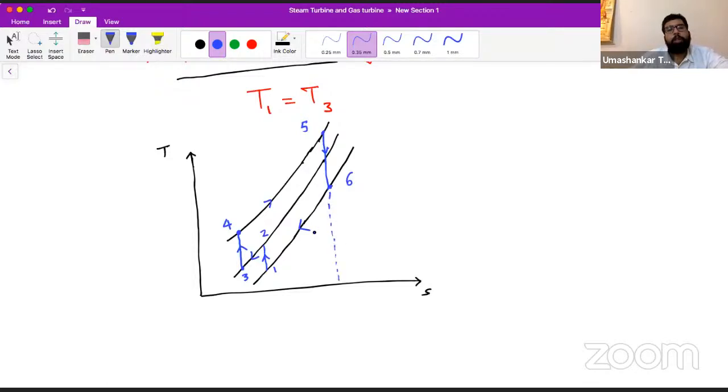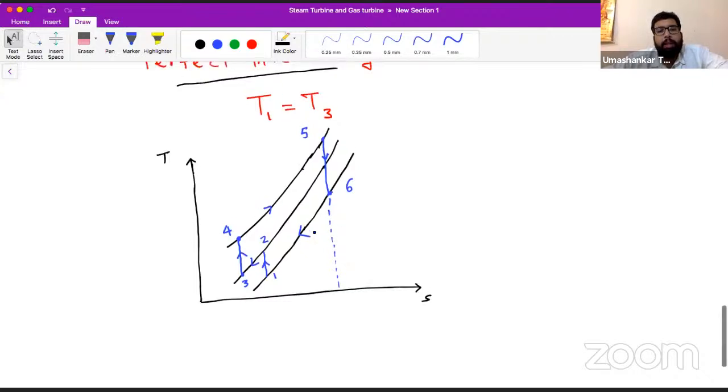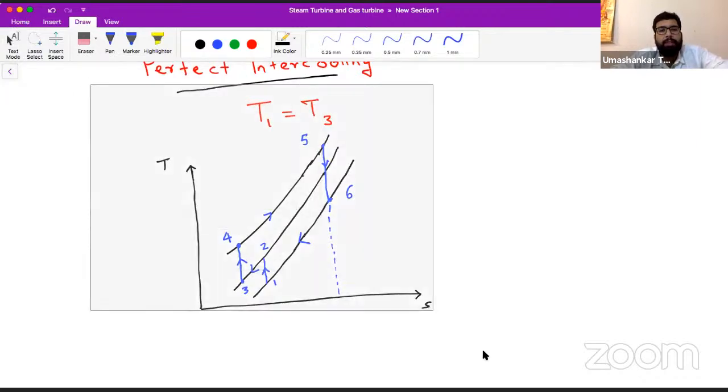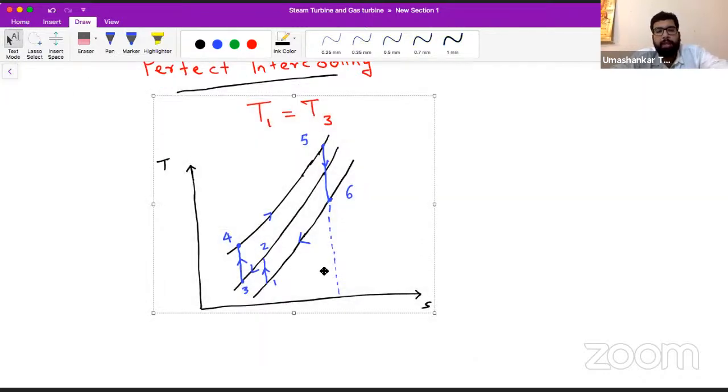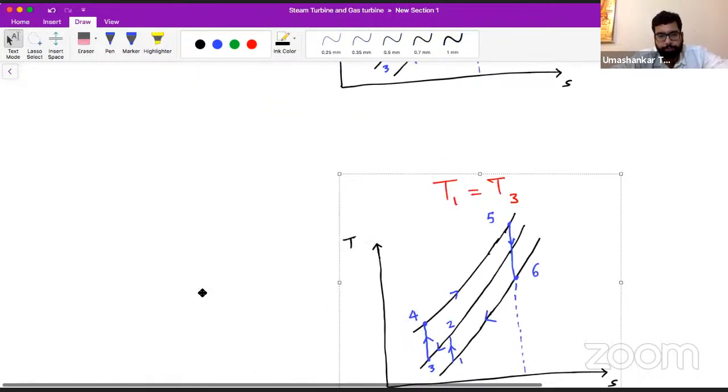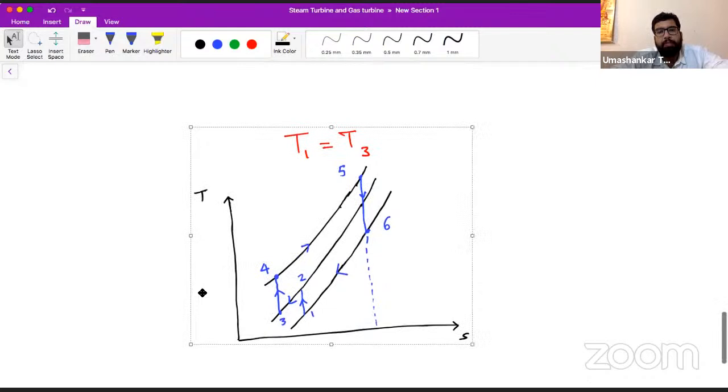Okay. So this is the TS diagram 1, 2, 3, 4, 5, 6, 1. This is the TS diagram of our gas turbine cycle or Brayton cycle with intercooling. Got my point or not? So as I have told you in the previous session also, that when we talk